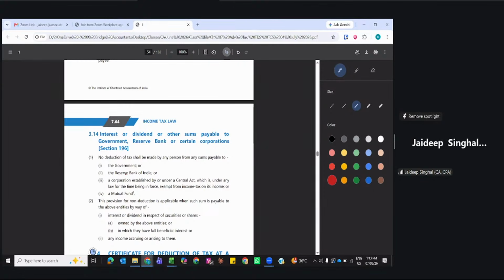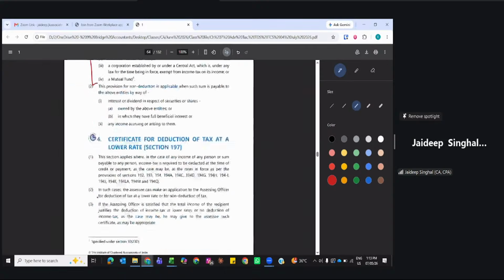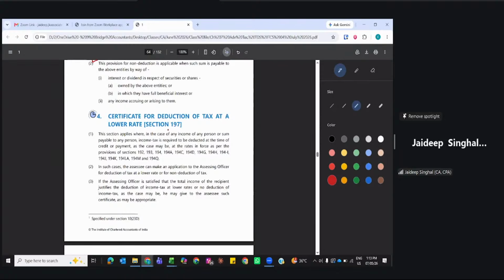Next, interest or dividend or other sums payable to government. If any sum is payable to the government, then no deduction is to be made. This is the special provision. Then section 197. See, let's suppose